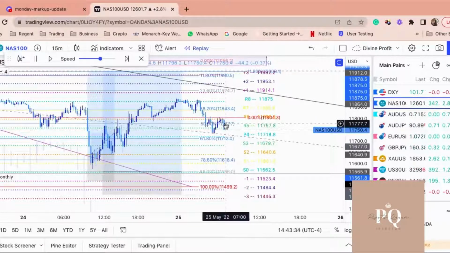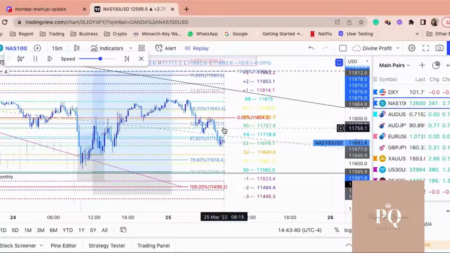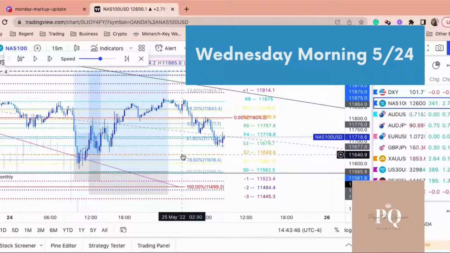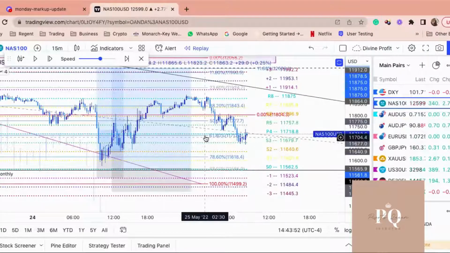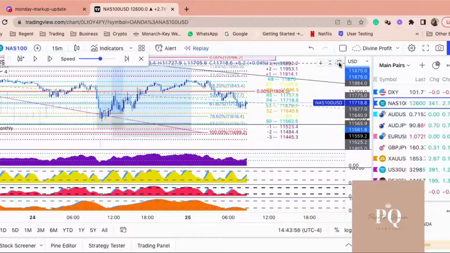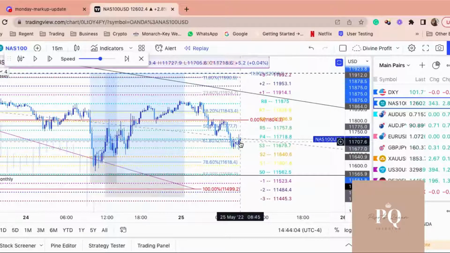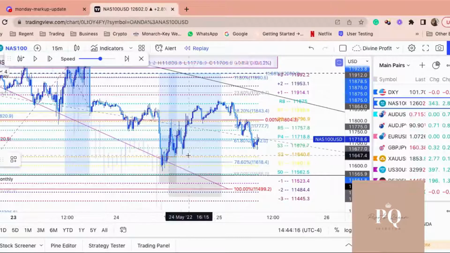All right, so 6, 7, 8, 8:15, 8:30. All right, so we're at 8:45. Let's see, this is where my entry was. This is where price is now. Let me see, in reference to my fib, we're near the 6.8. All right, I would be looking to get into another buy position. Like I said, I like to enter around this time. I like to wait, but for me, I would be looking to enter this as a market execution,